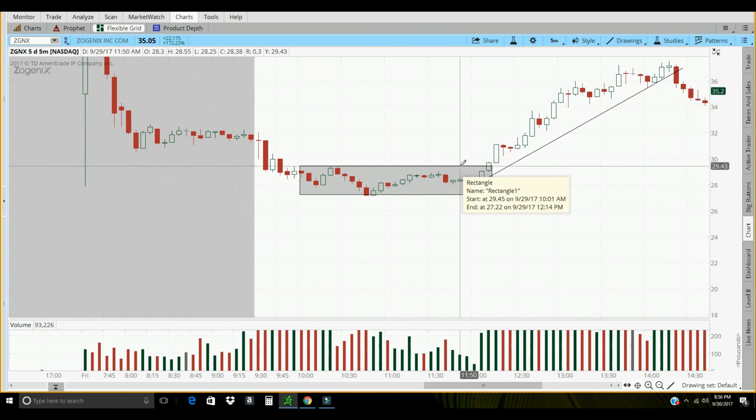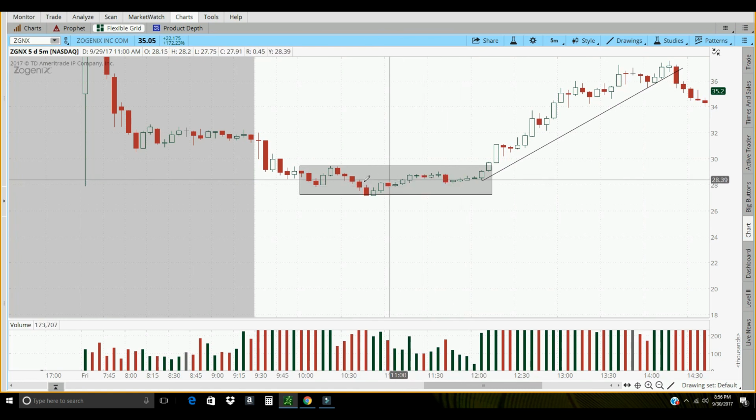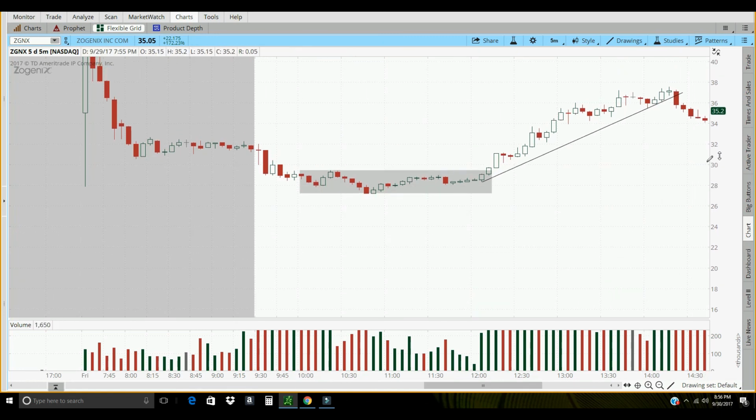So what did we see? We saw an area of neutrality between buyers and sellers, which formed this area of support. We knew going in that the stock had gapped up overnight, so we should get a liquidation break at the very beginning of the morning. We got that right here. The stock settled and gave us a valuable entry. We got our key, which is increased volume right here. And then we get our trend. Once trend is broken, that's our exit. So that's how you could have traded